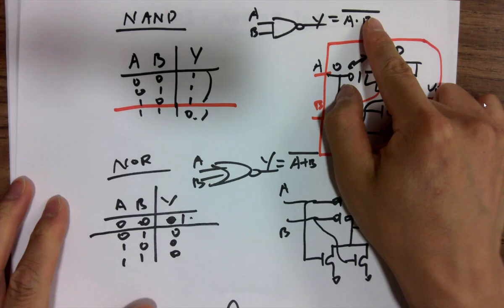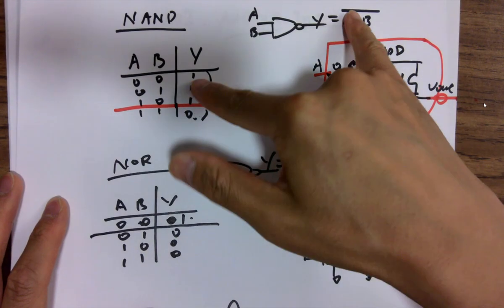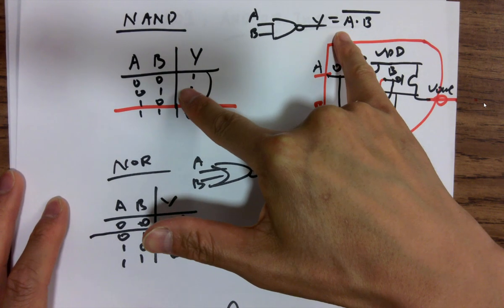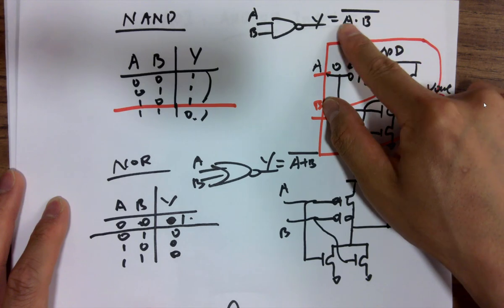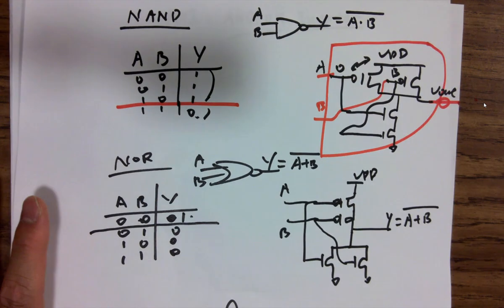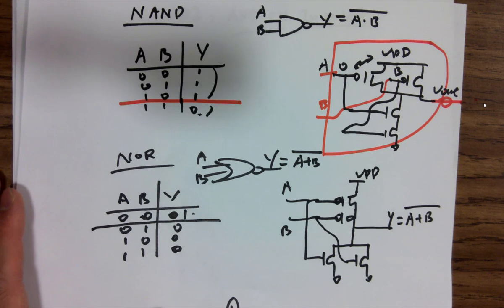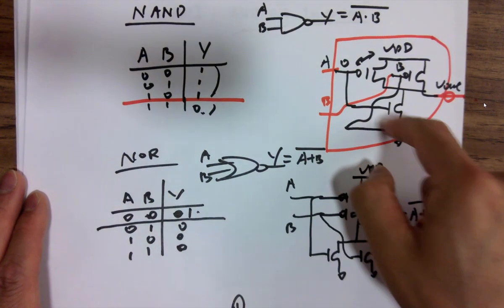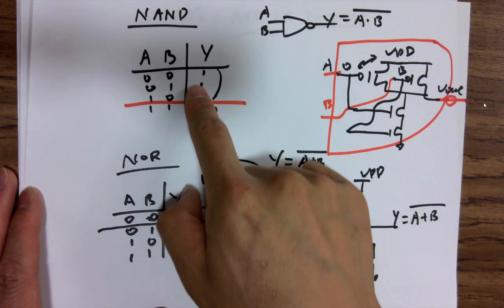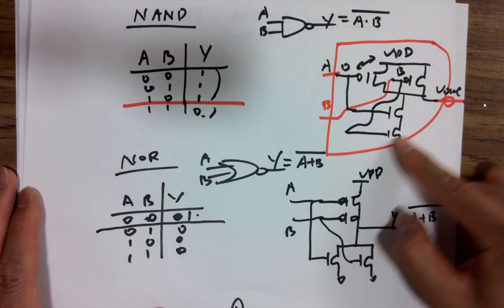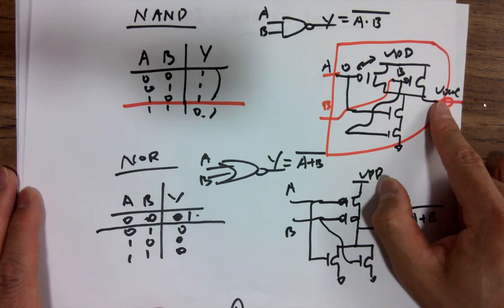We know where this came from, right? But now we just don't keep asking ourselves why it's like this, has a logic and a bar on top. Let's not ask ourselves this question anymore in the future. Is that okay? Are we comfortable with that? Since we already derived everything, we know this works, right? Yeah. We know this works, and the conclusion is that for a circuit like this, eventually this output will have a little